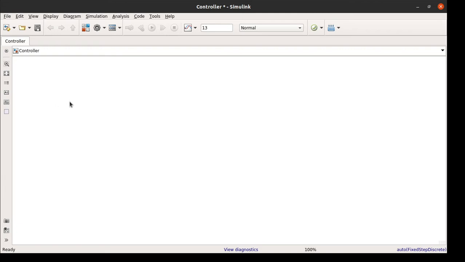Now we can type chart. Automatically Simulink reads our type and it pops up these chart options. So here you can see Stateflow. Select the Stateflow chart. Give it some time. Automatically the chart block from the Simulink library browser is fetched and added here.